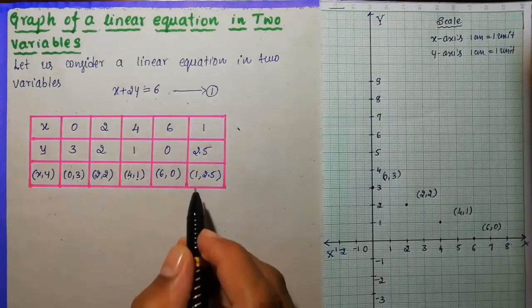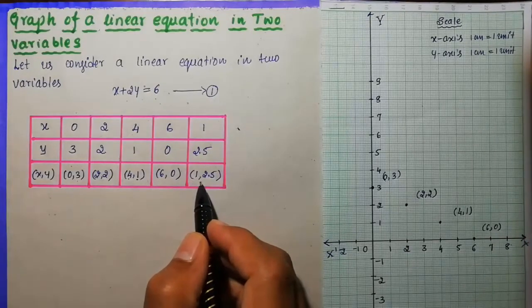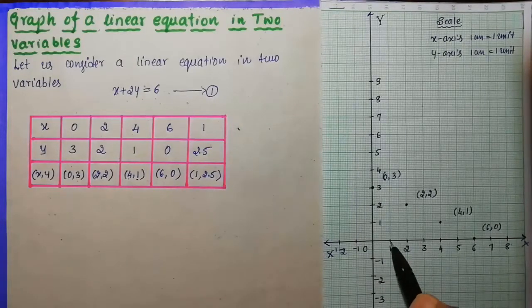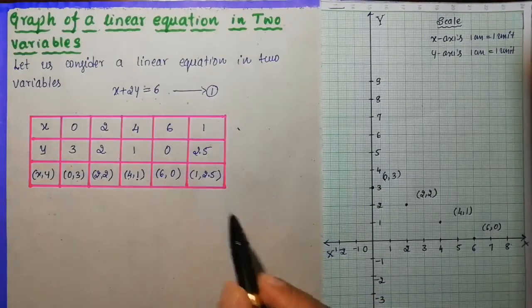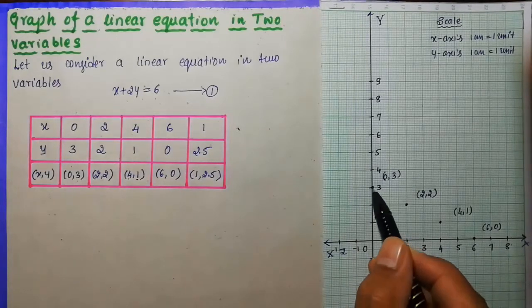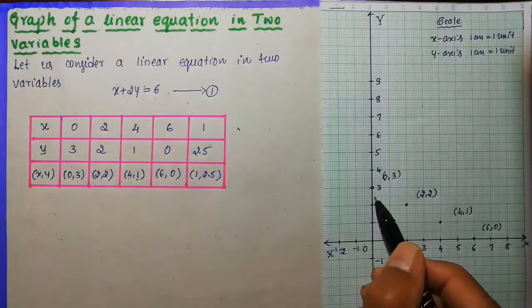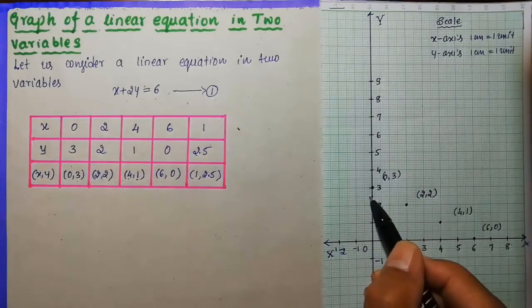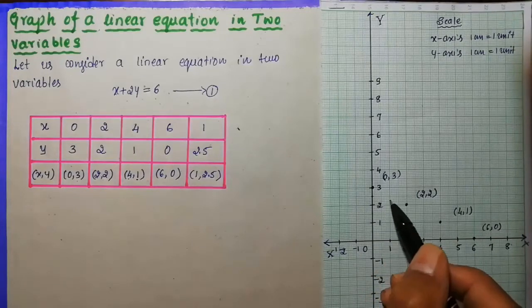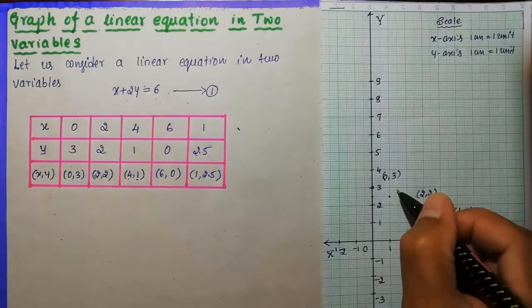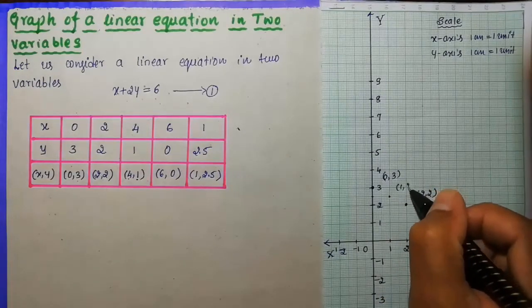So the next thing, 1 comma 2.5, you can also locate this one. Now look here, on the x-axis 1, here it is 1. 2.5 means where it is located, here it is 2 and here it is 3. So between 2 and 3 there is a slightly bolded line, so this corresponds to 2.5. So x is equal to 1, y is equal to 2.5 means these two lines meet each other at this point. So that's why this corresponds to 1 comma 2.5.